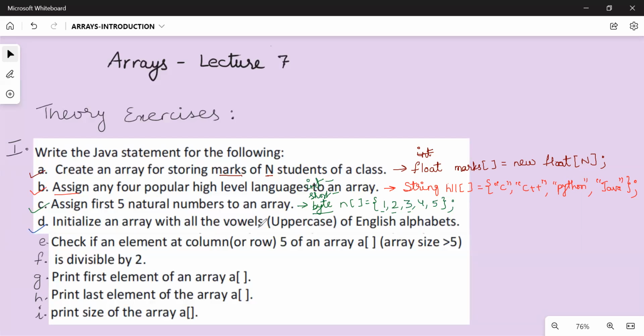initialize an array with all the vowels of English alphabet in uppercase. Okay. Now vowels, there are 5 vowels, A, E, I, O, U. Now what is the data type of these? Yes, it is char. Therefore, you have to give char,